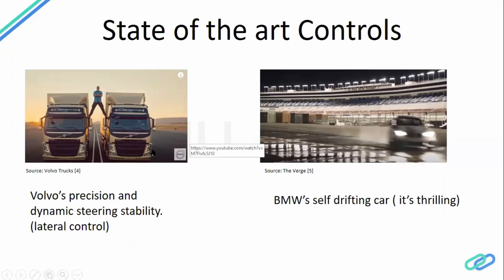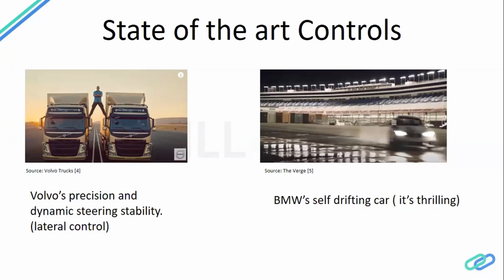So as you have seen in the video, the guy was splitting between two trucks which are highly stable while reversing. Now, let me tell you, reversing a truck is a very complicated phenomenon when it comes to controlling its dynamic behavior. It's very complicated. There has been research for quite a long time, and we are still trying to improve it.